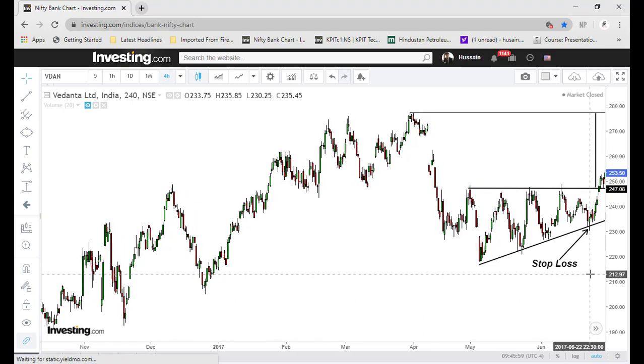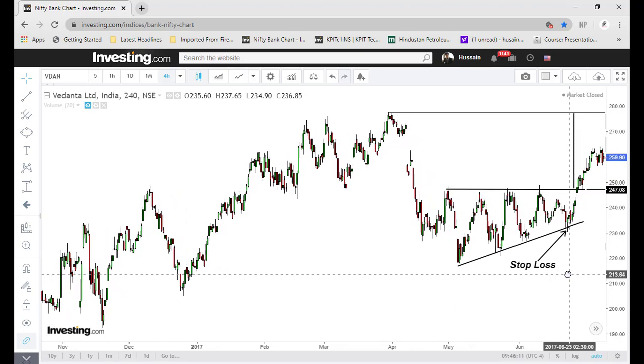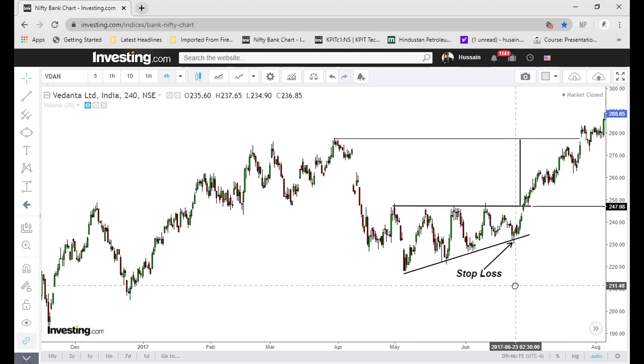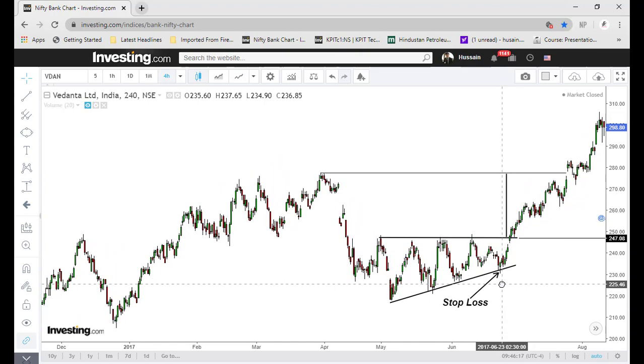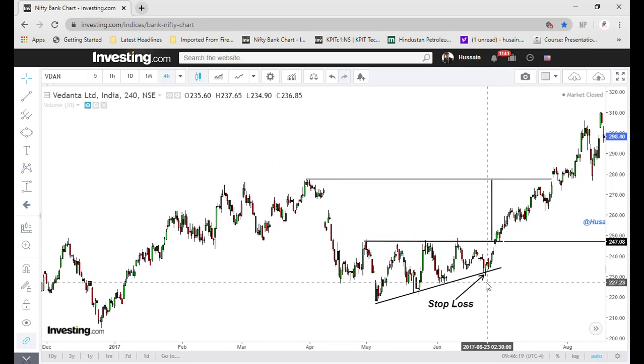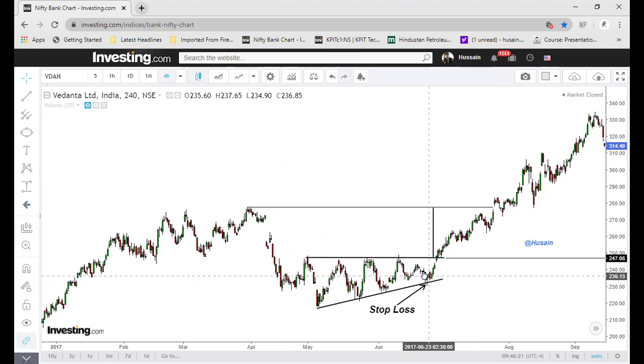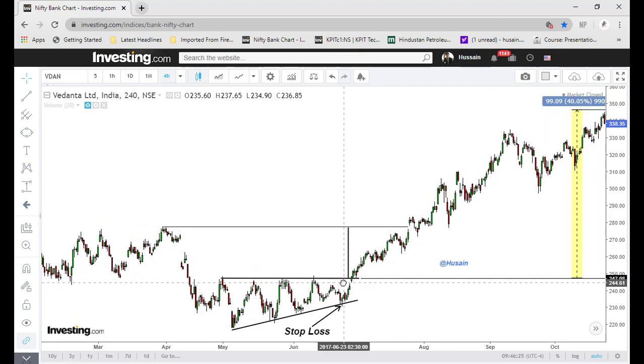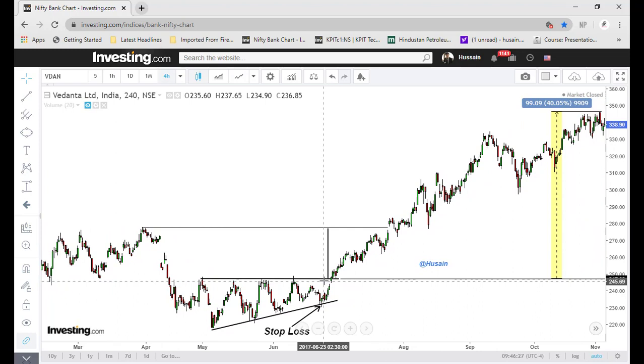See, the stock finally breaks the resistance line, and see carefully how the stock comes back to retest the horizontal line. The red candle is the retesting candle. After the retest, the stock ran up continuously and not only achieved its target, but went way past our estimated target, hitting the 345 level mark in just 5 months, giving around 40% returns.